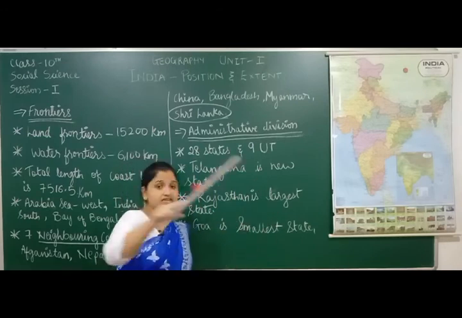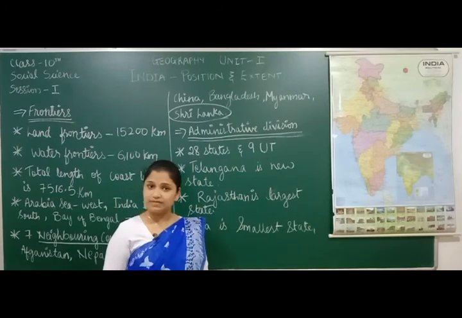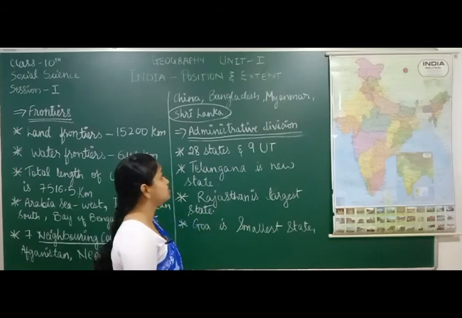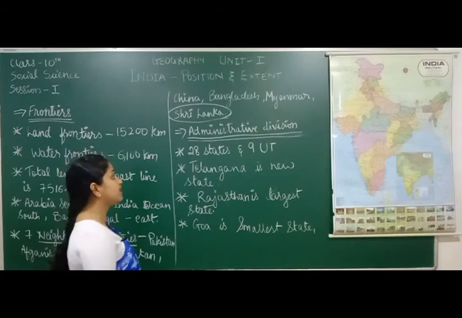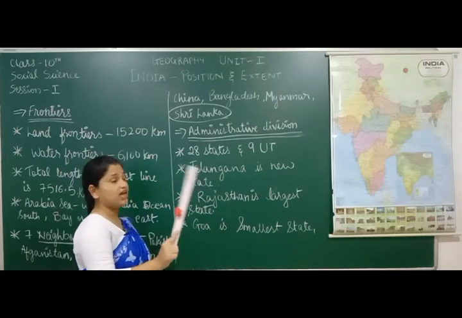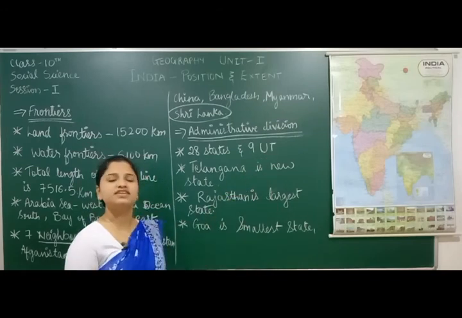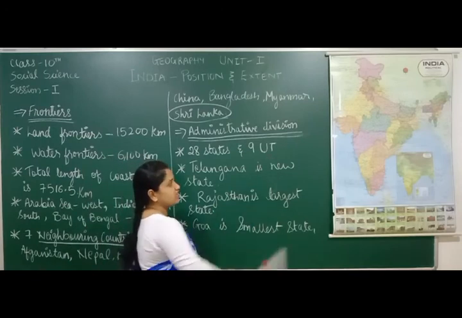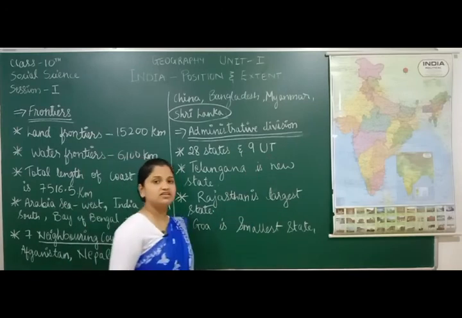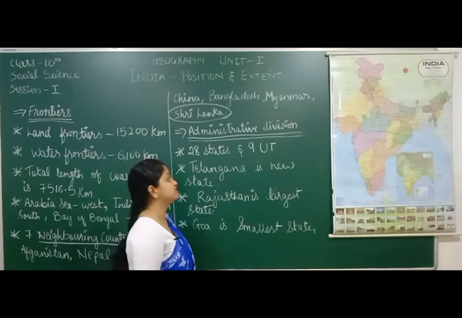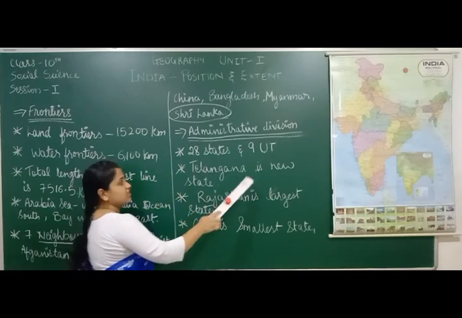Similarly, the whole country will be divided into different states, so that the functioning or administration is carried out very properly and efficiently. So how is the administration divided? Our nation has 28 states and 9 UT. What are UT? Don't write UT for the exam. This is Union Territories. Among the 9, the nation's capital, New Delhi, is also a Union Territory. Okay, 28 states and 9 Union Territories.